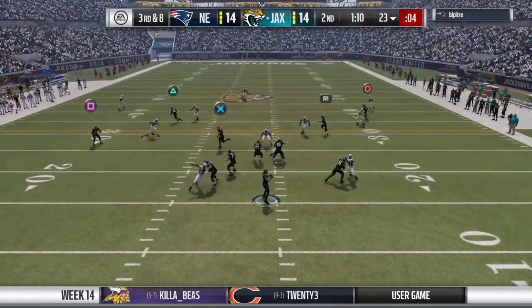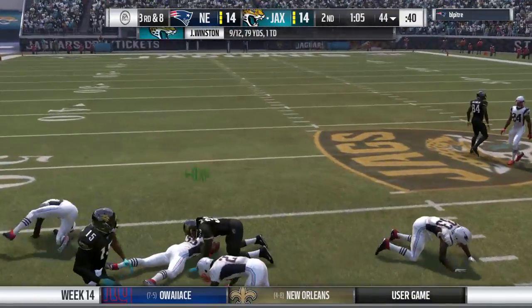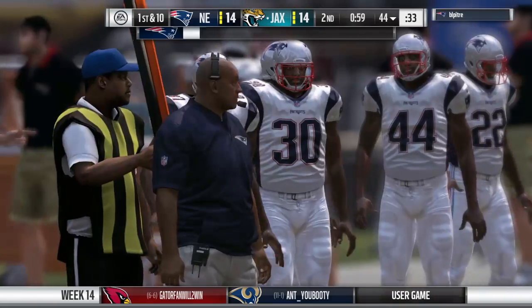On 3rd down, Winston completes it to Chris Ivory. And he's brought down after a good gain. And a nice gain of 21 yards. And fits the exact right